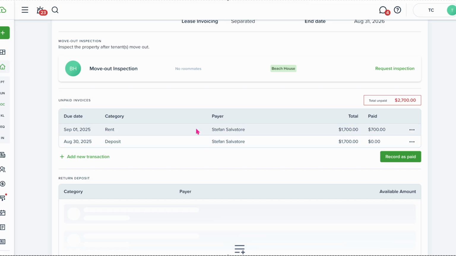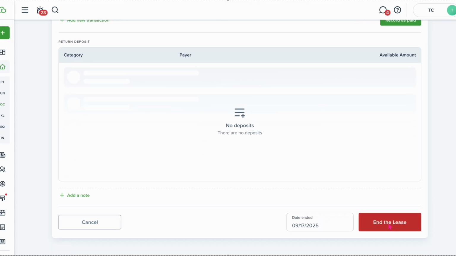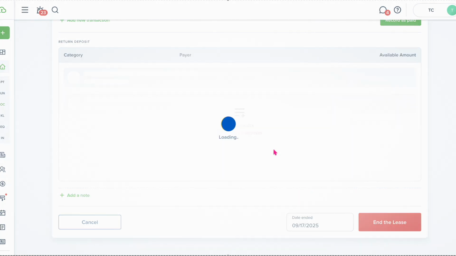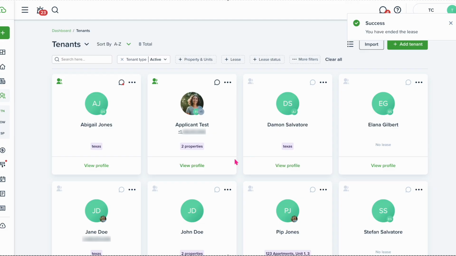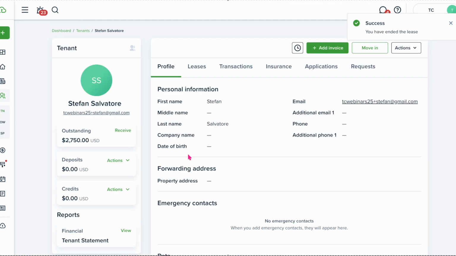As you can see here, it shows any unpaid invoices that the tenant has outstanding. Like I said, I don't have deposit to apply towards that, and I know he's not going to pay those invoices. So I'll go ahead and leave them open, and I will end his lease. I'll click yes, I'm sure. Now, if I go back to his profile, I can see he still has that outstanding balance,